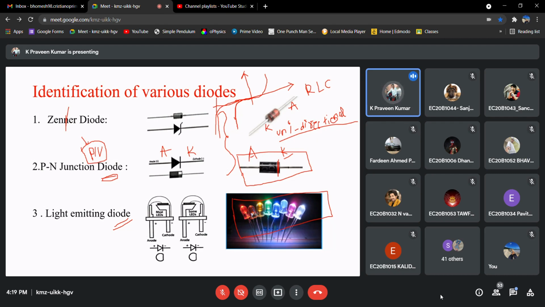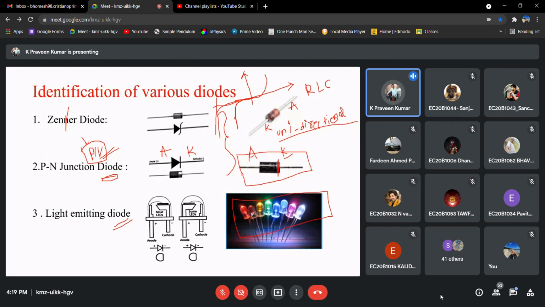You can check that out. You have to ensure that the reverse voltage does not cross this rating, right? Whereas in the case of a Zener diode, there is no problem.